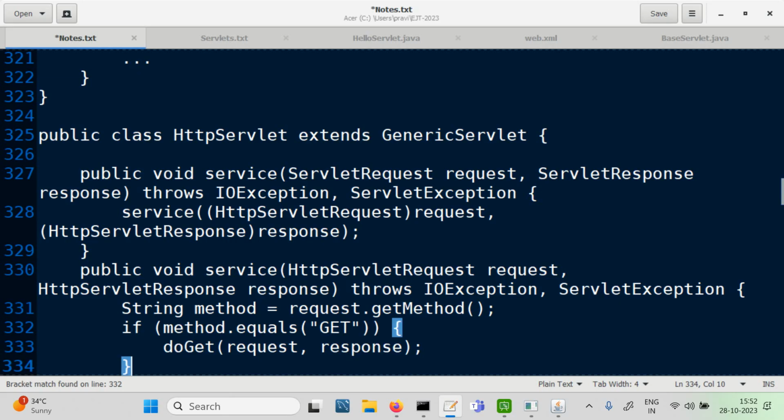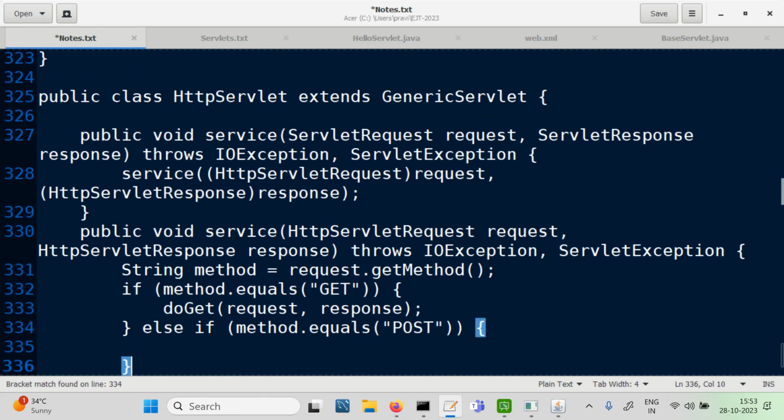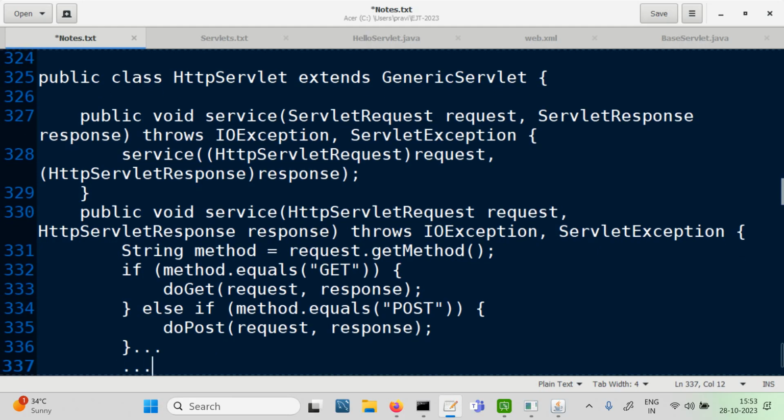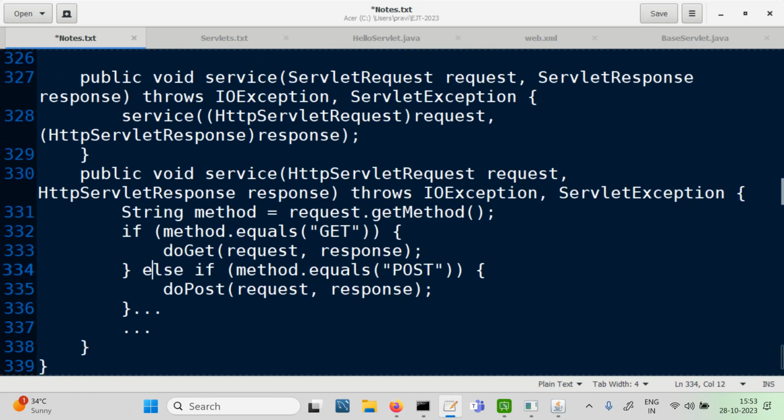And then it would just say, else if method.equals post, and same way. I'm not writing the whole code, but you can understand what it would be like. It's just saying, let me call the doPost method with the same request and response objects, and so on. So the idea of this service method is to identify the method and accordingly